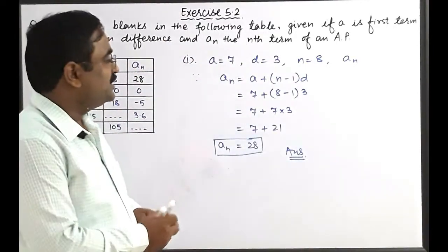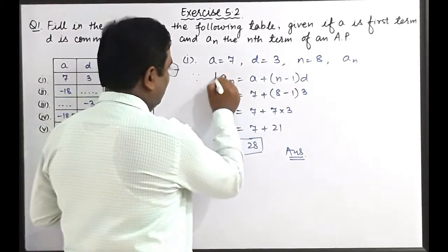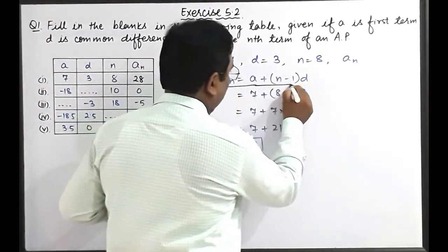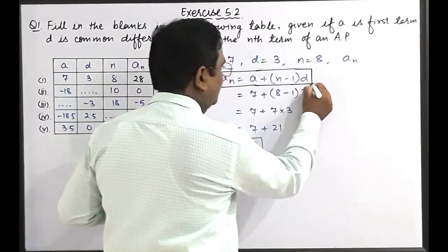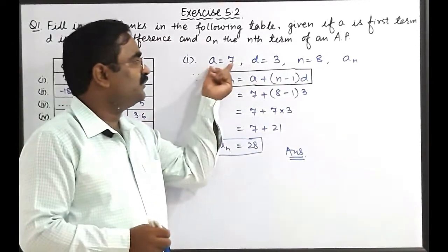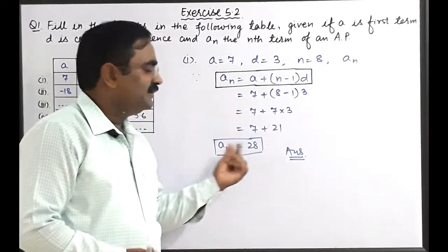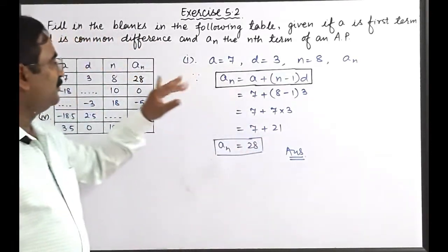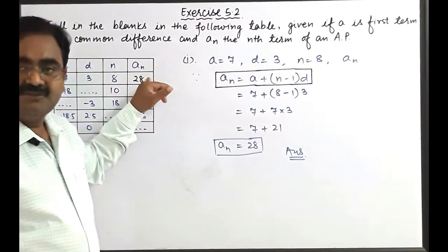Based on this formula, an equals a plus n minus 1 into d, which is a very important formula of this chapter, we have substituted the values of a, d and n. We will get the value of an, which is 28, and you have to fill this value in this blank, right? Okay friends,